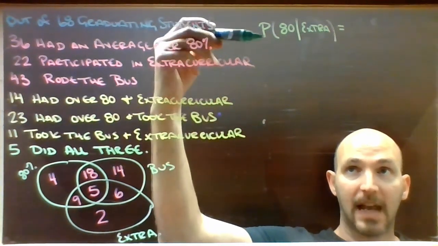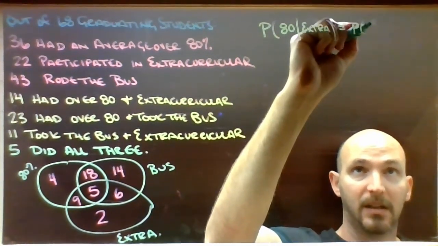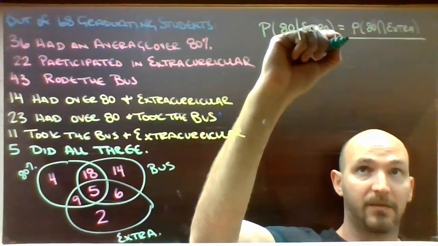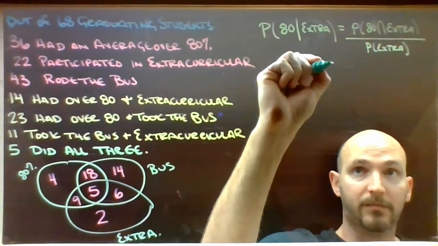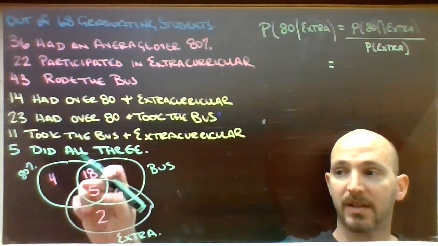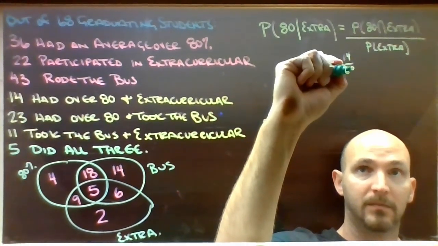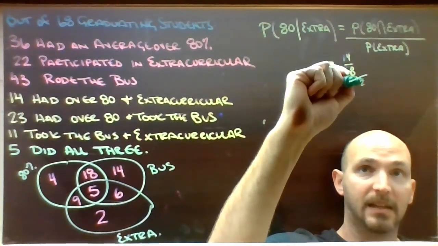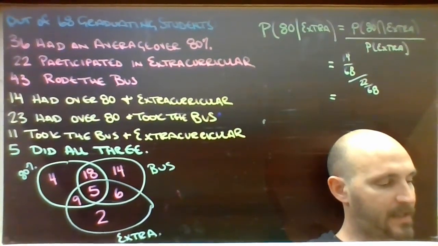So the probability of getting an 80 given that you did extracurricular activities needs the probability of getting an 80 and participating in extracurriculars, divided by the probability of being in extracurriculars. So being in 80 and extra is down here. That's 14 people out of 68. The probability of being in extracurriculars was 22 out of 68. 14 out of 68,